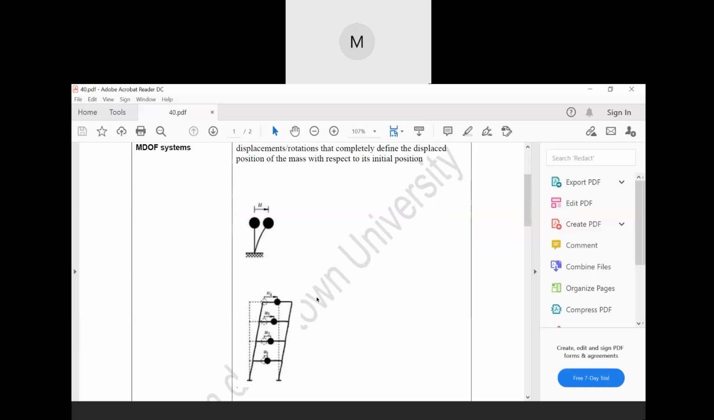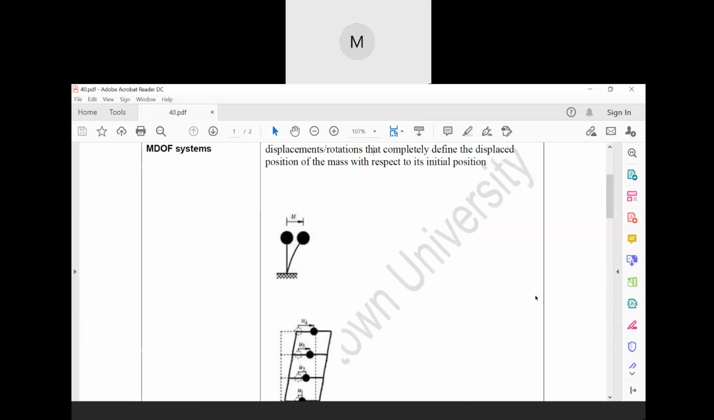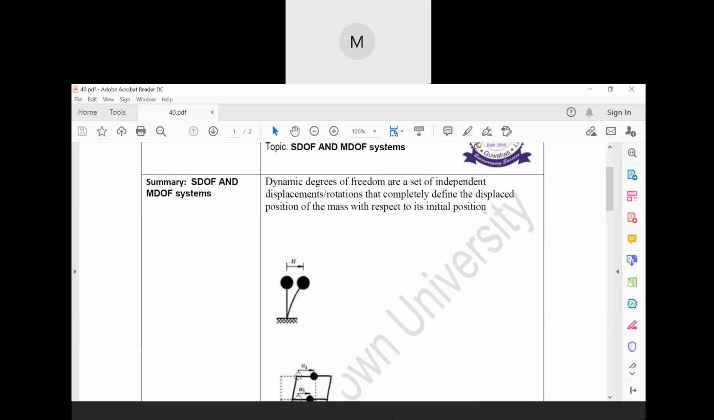That means what? Suppose, can you see the slides? Can you see the slides? Yes, sir. Okay. So, if you can see here in the slide,